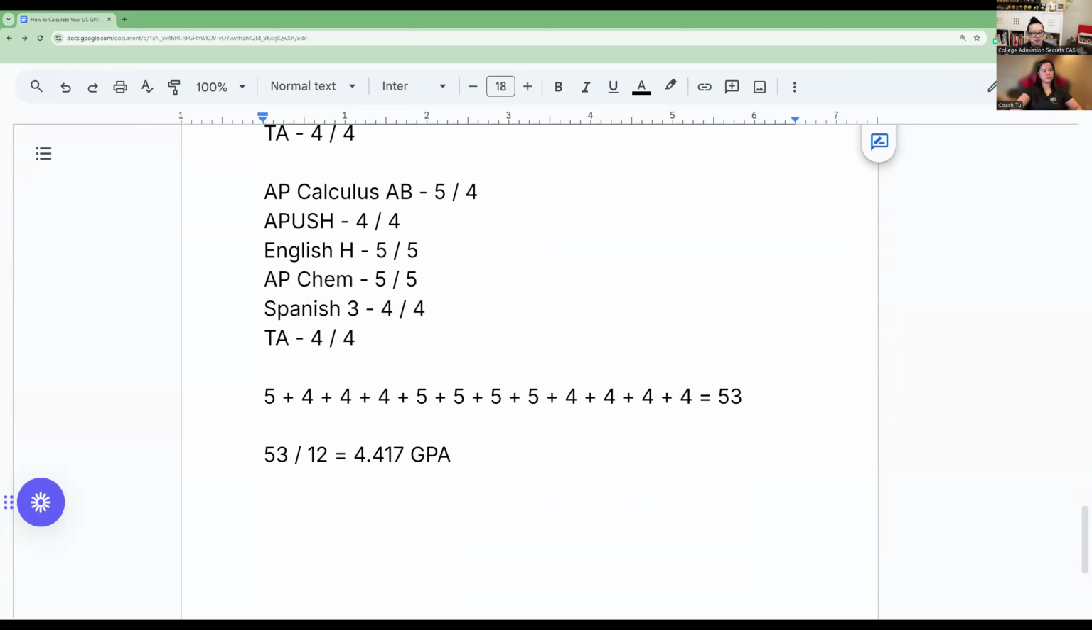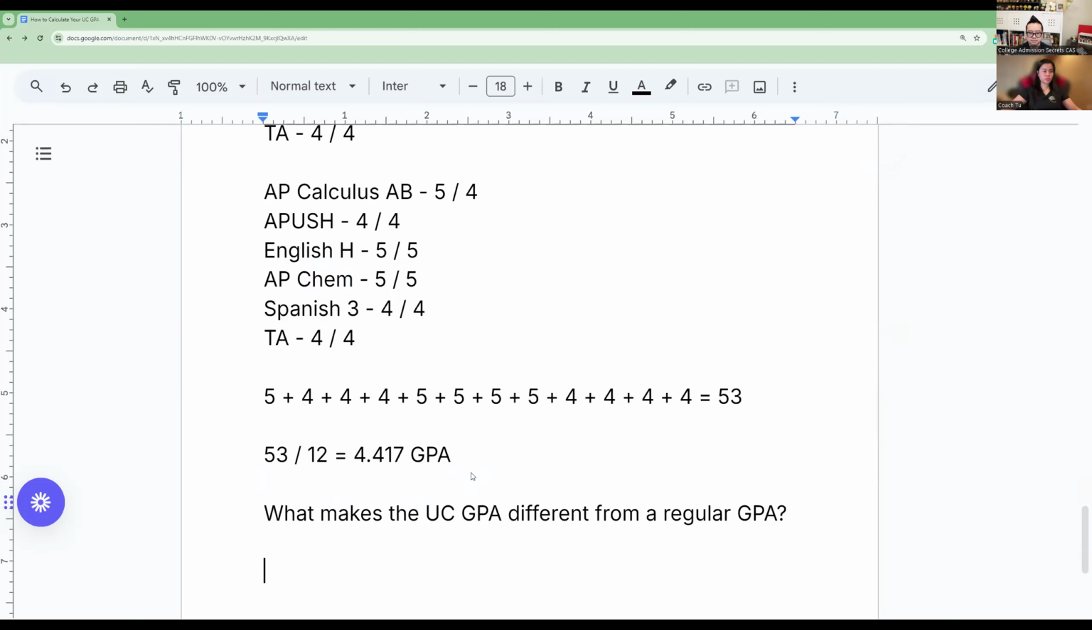Okay. So Coach Two, now we know GPA 101. Let's talk about the UC GPA now, because that's kind of the purpose of this training. So what makes a UC GPA a little different than just a regular GPA? Yeah, this is a great question, and a lot of families really ask me this as well. If I were to do a regular GPA,